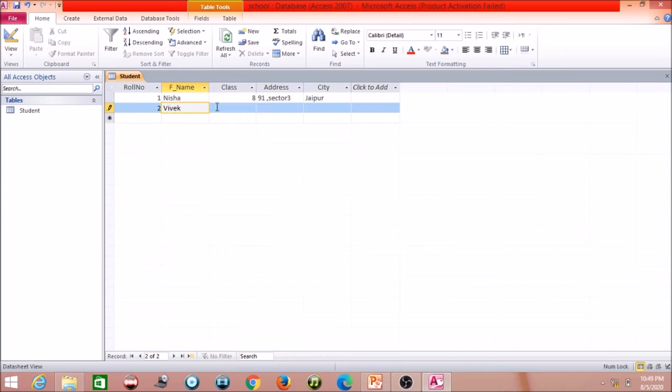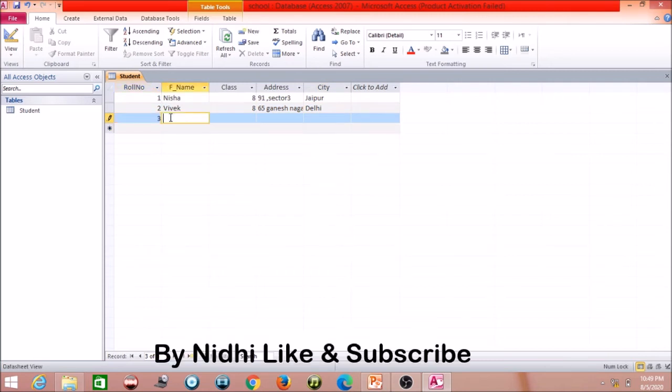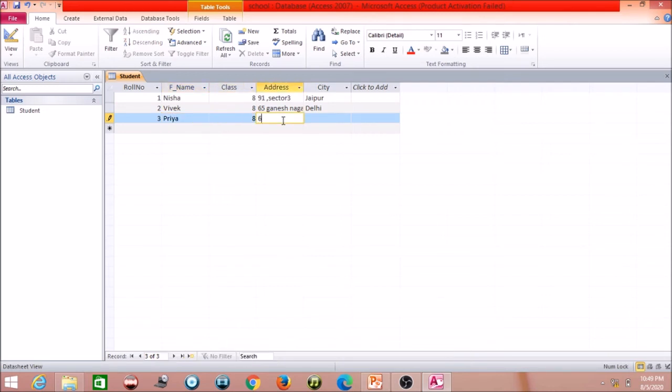Vivek, class 8, 65, Ganesh Nagar, Delhi. Okay, third value I am writing Priya, class 8, 66, Vasant Vihar you can write, and address you can give city Pune.